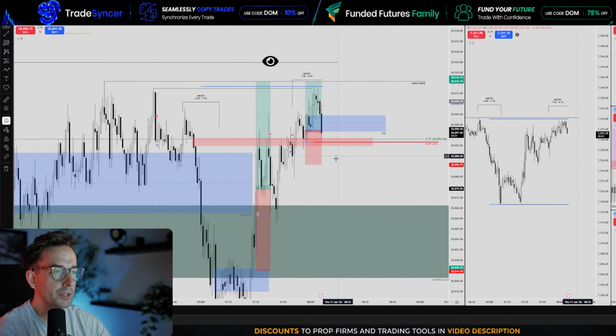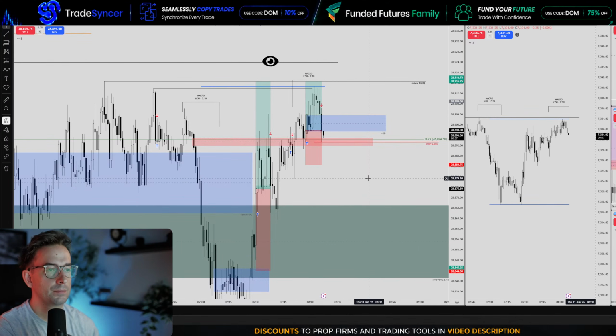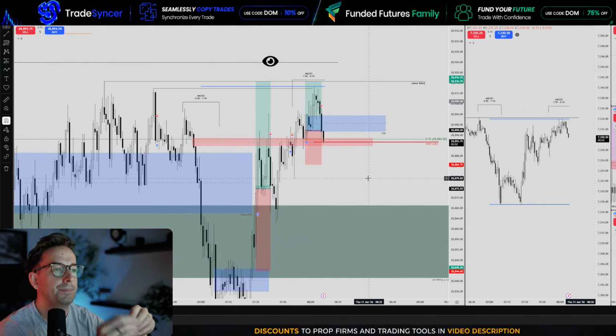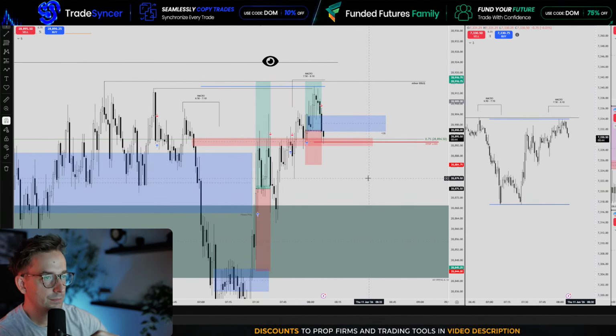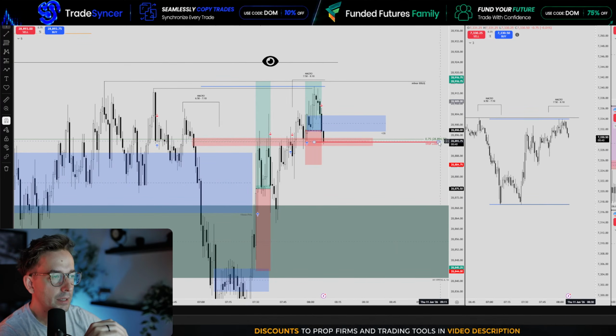That was a break trade. I don't know why I put my stop loss there, but price is going back into